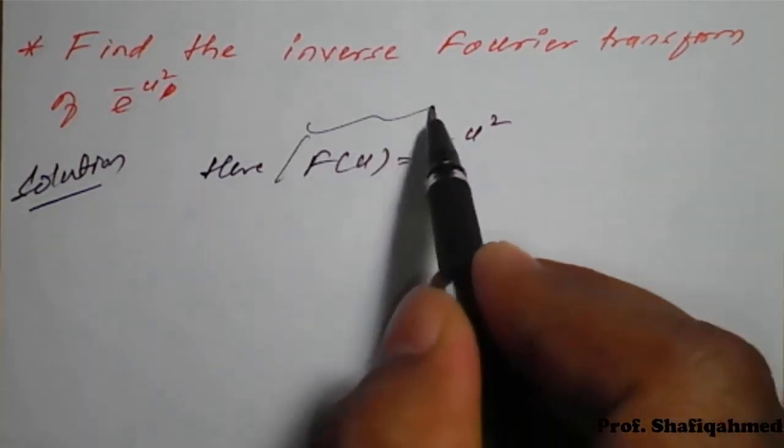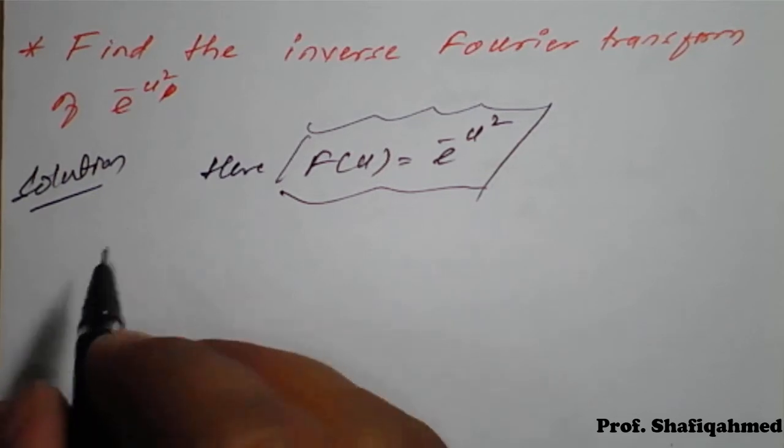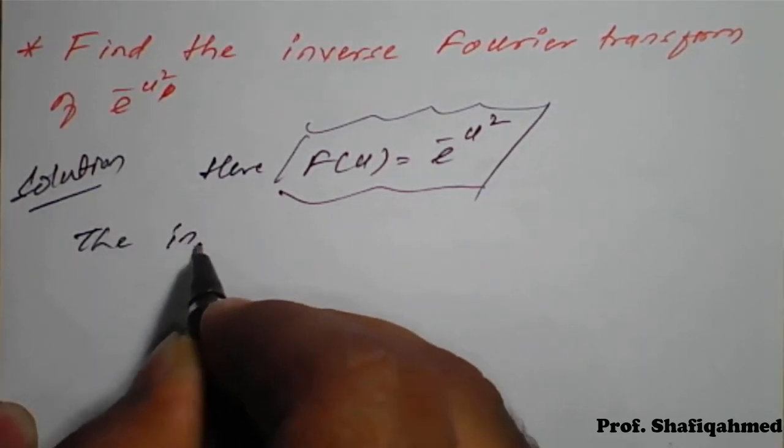This they have given. This is the Fourier transform. They have given F of u is equal to e raised to minus u square from the question. That is the value of capital F of u. And with the help of this we need to find the inverse Fourier transform. So the inverse Fourier transform is given by